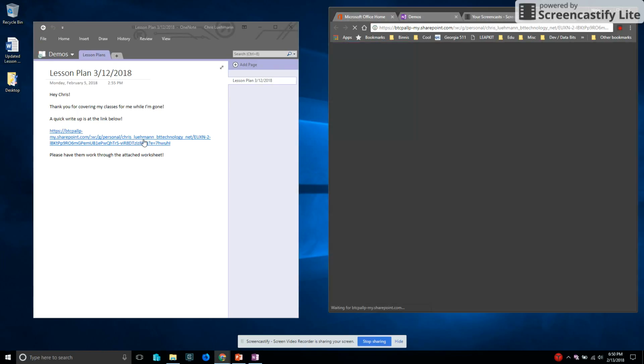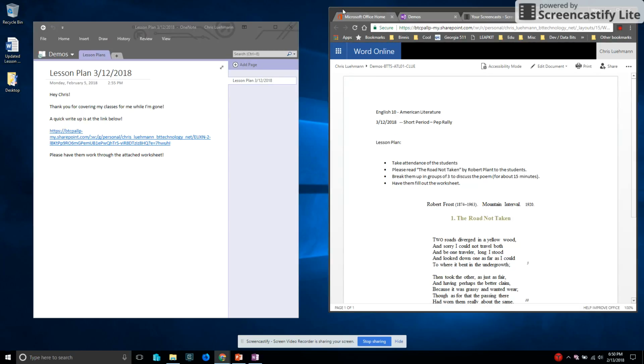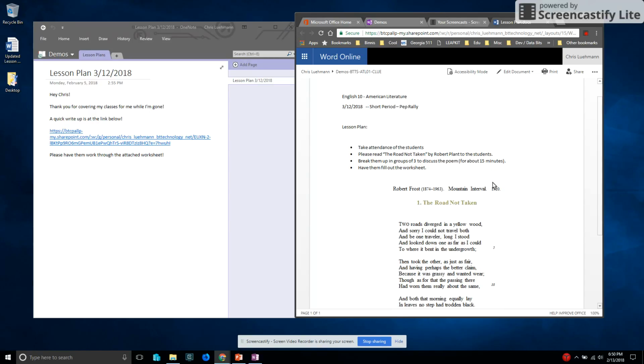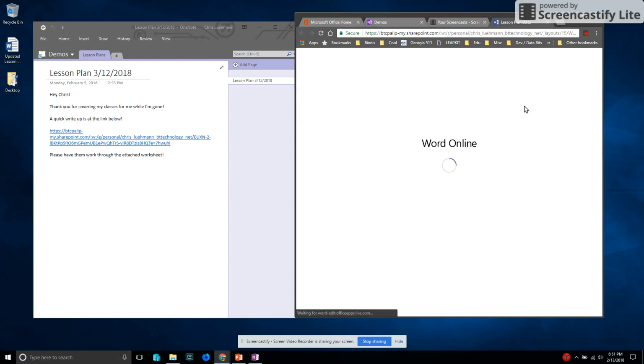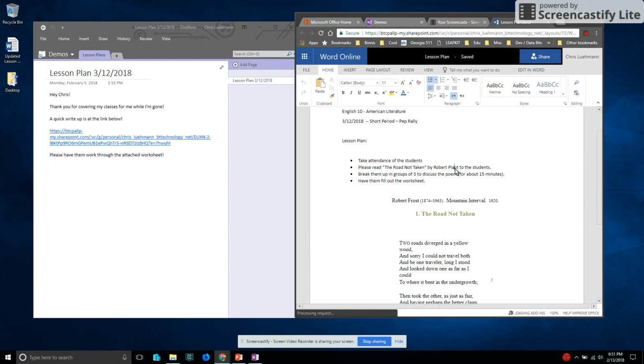And if I click this link here, it'll open up my Word document. So let's look at that. So I need to take attendance, read The Road Not Taken by Robert Plant, and see here, instead of Robert Plant, you can go to edit in browser. So I can edit this, but this is not by Robert Plant. This is by Robert Frost. So I'll make that change here,